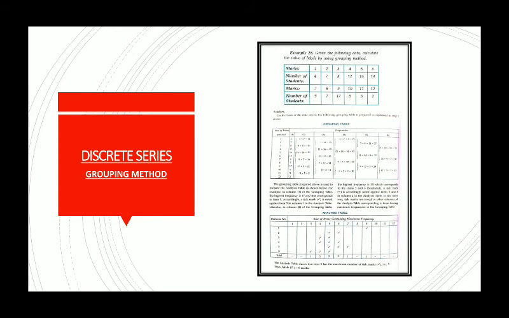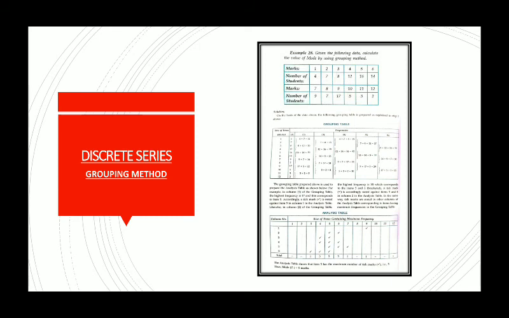So in that way we will make a grouping table. After that we will mark the highest frequency in each column, because that will help us to make our second table, which is called the analysis table. In the analysis table, in the first column we write the column numbers, the ones which we have prepared in the grouping table. And then the size of the item containing the maximum frequency is our heading.